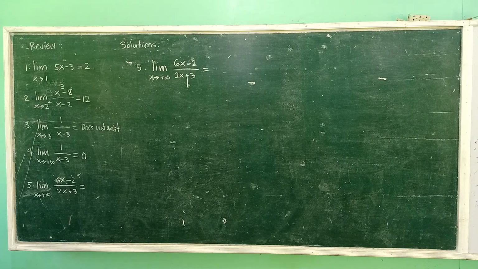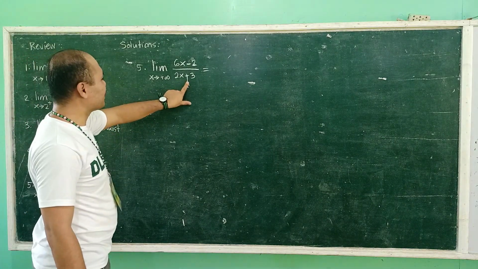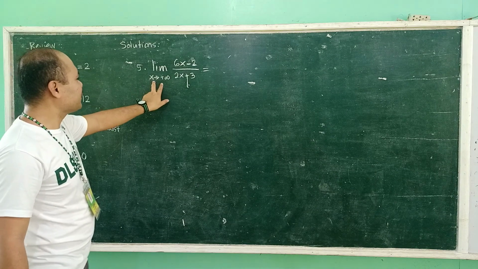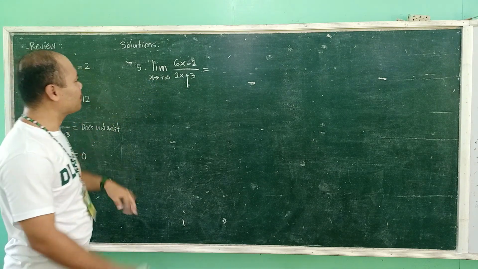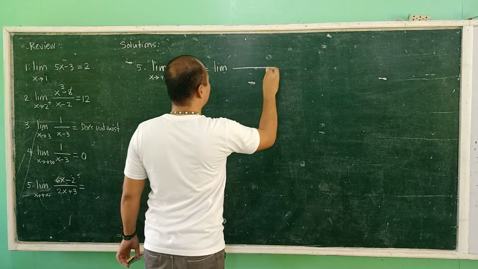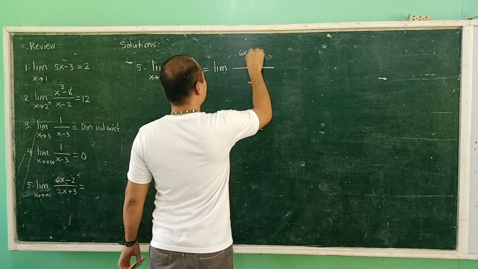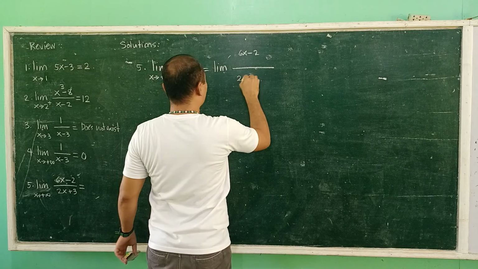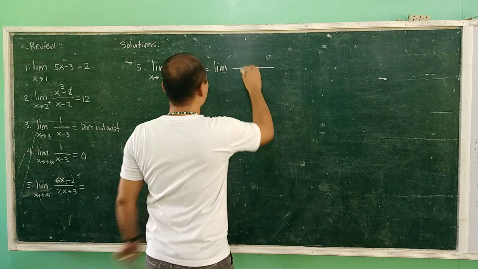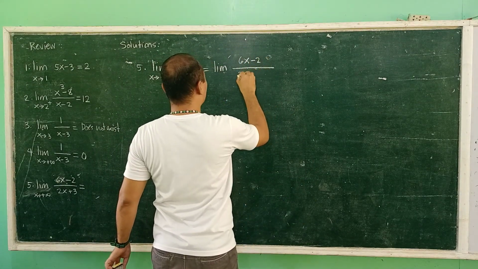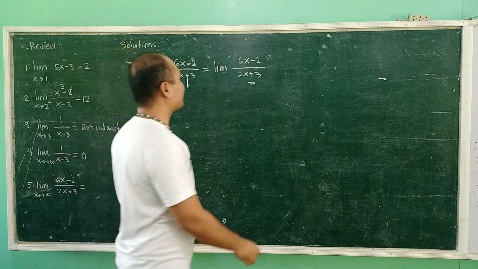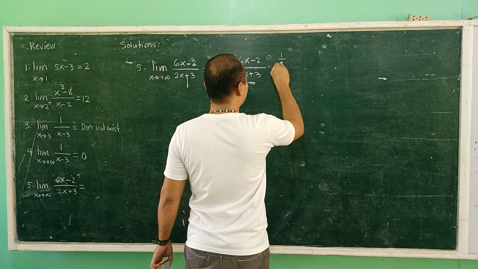Okay. Now, to solve this limit, we will do some manipulations. Because x here is approaching positive infinity, that means that our x cannot be 0. So this is the same thing as I have here, 6x minus 2 over 2x plus 3. And that is the same thing as you have here 1 over x, and then I also have here 1